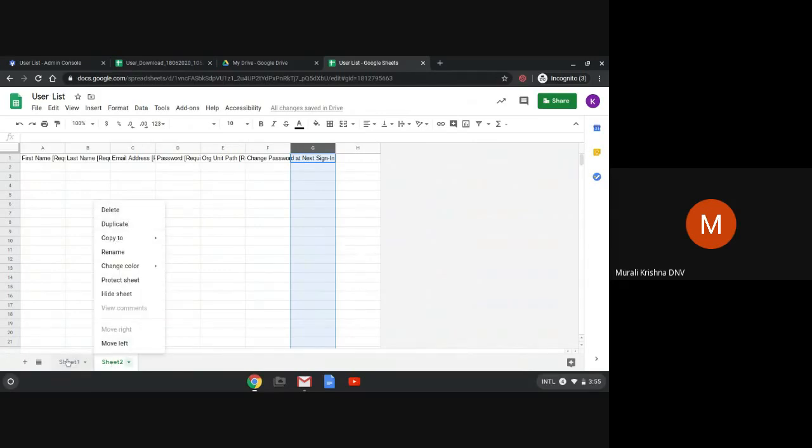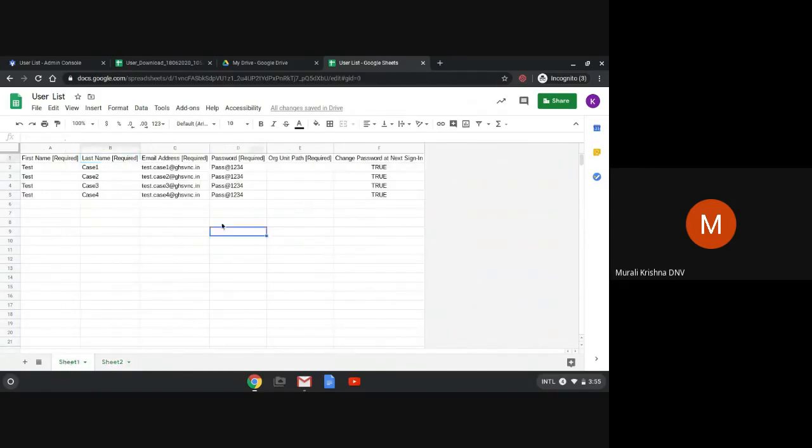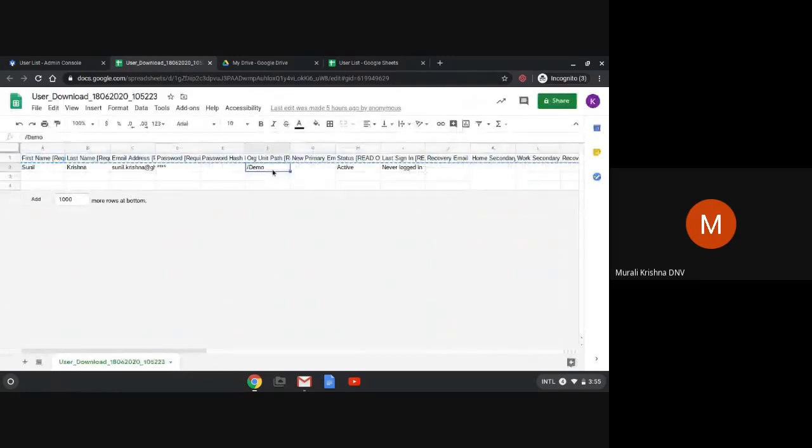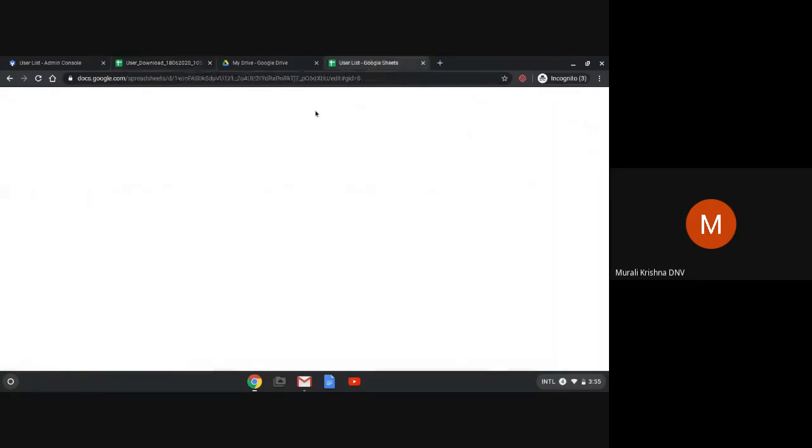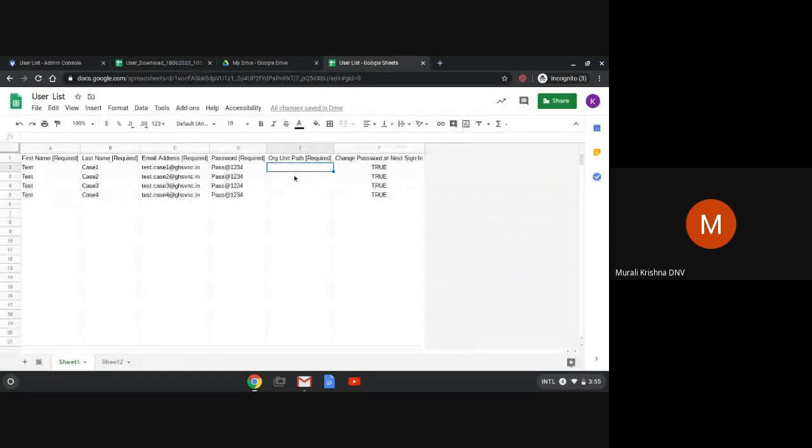In the same way, I have made a test case with the first name, the last name, the email ID, the password, and here comes the organization unit. Now I will copy the information of this org unit and paste it here.